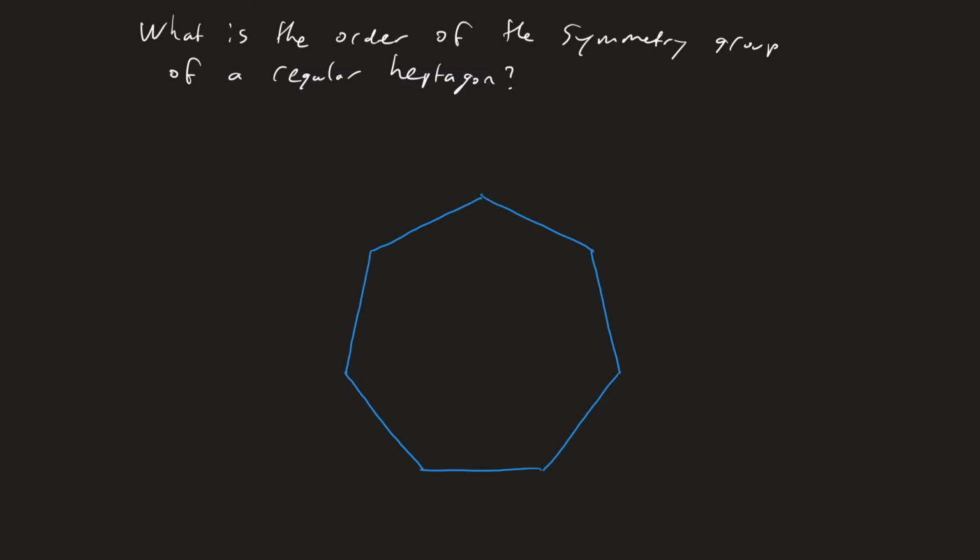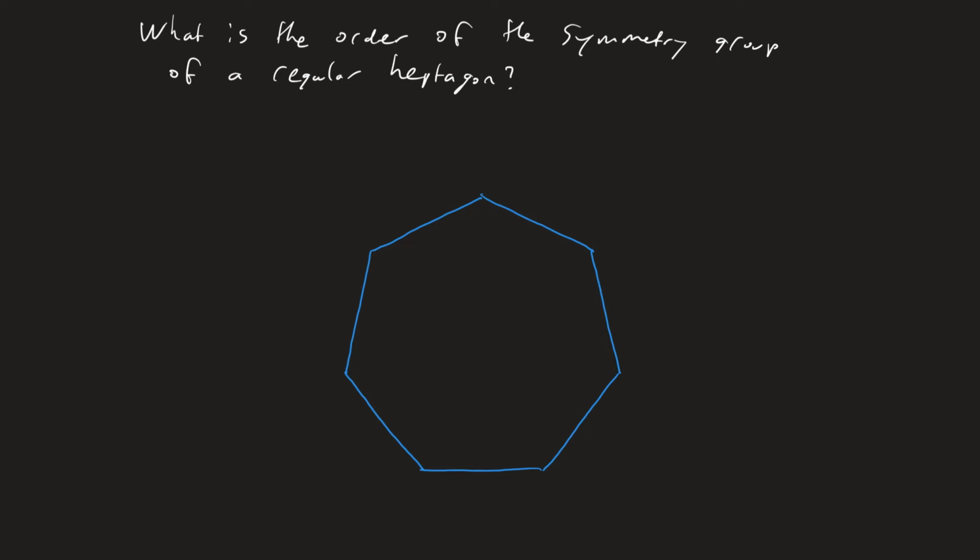Today's question is, what is the order of the symmetry group of a regular heptagon? A heptagon is a seven-sided polygon. Being regular means each of its side lengths is the same, and thus the angles are also the same. The order of the symmetry group is basically asking how many different symmetries of the regular heptagon there are, and